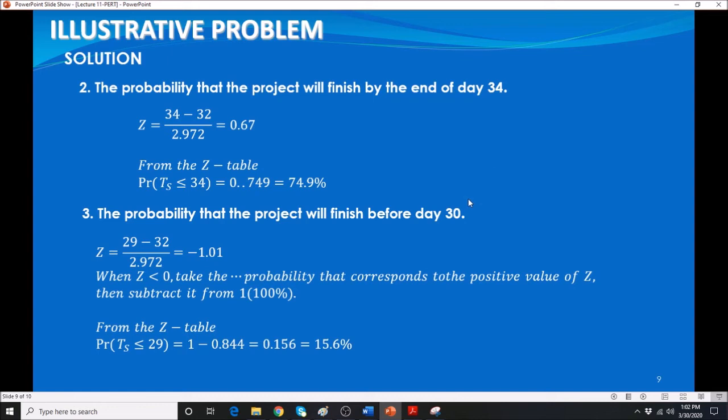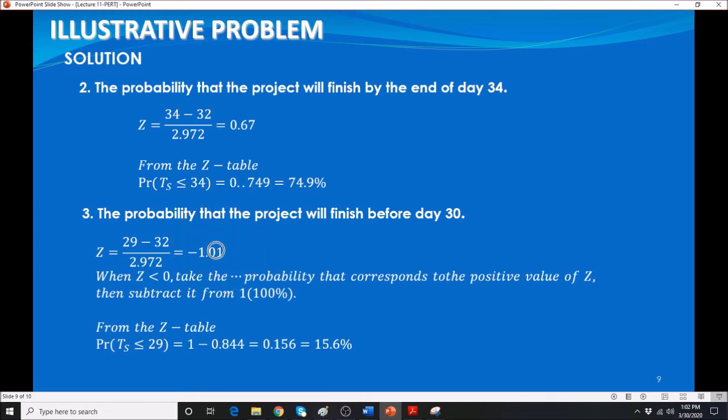All right, before day 30. That means your TS is 29, by the end of day 29, and that's the reason why you have your 29. I want you to pay attention. It says end, and it says before. So we have 29, that's your TS, minus 32, divided by the standard deviation, and that gives you a negative